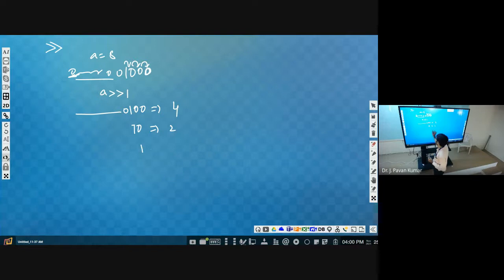One more time, we will be getting 1. So if you consider 8, 4, 2, 1, from 8 we are getting 4. Every time we shift right by one position, it is divided by 2. So every time we do a right shift by I positions, it is equivalent to A is equal to A by 2 power